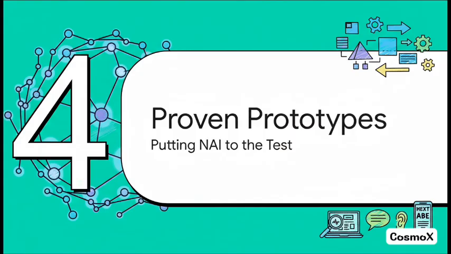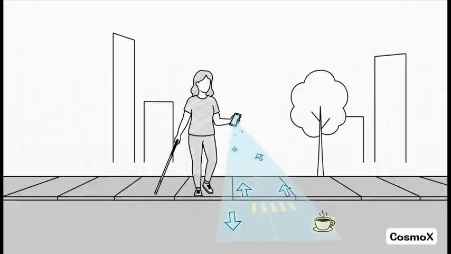Now, this all sounds amazing in theory, right? But the proof is in the pudding. This framework has already been used to build some incredible real-world prototypes that are solving really tough challenges. Let's take a look. First up is Street Reader AI. For anyone who's blind or has low vision, just navigating an unfamiliar street can be a massive barrier. This tool acts like a virtual guide, using AI to understand everything that's happening around you in real time.